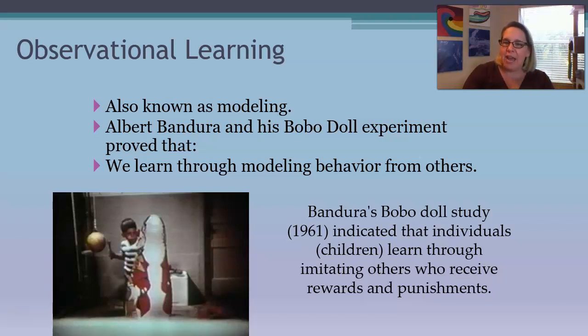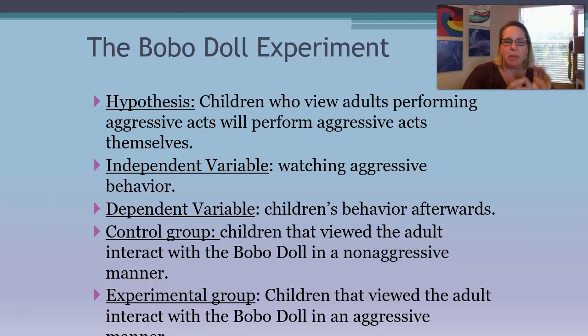Well, what Bandura found is that yes, absolutely. The kids who saw the adults being very aggressive and beating up on this Bobo doll went in and showed that exact same behavior. So Albert Bandura called this observational learning or modeling, okay? Adults were modeling the aggressive behavior, and the children learned from that modeling, or from watching and observing that behavior. And again, I will show you a clip of it because you can actually see it in action. So here's a couple of the important things about the Bobo doll experiment.